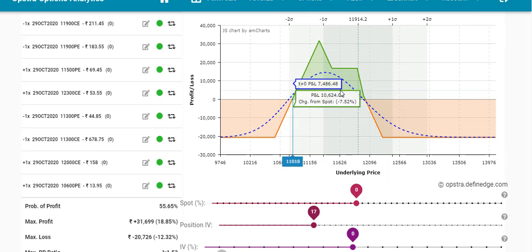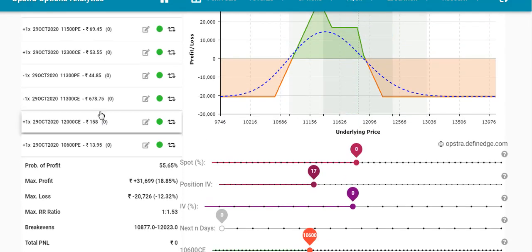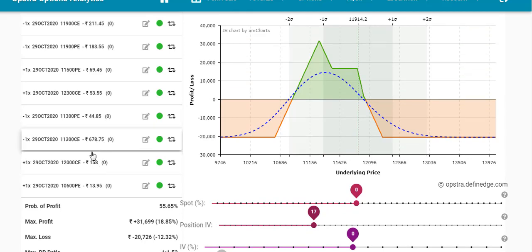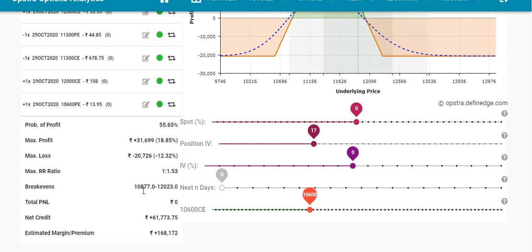So guys, this is how your payoff graph looks, but this is not the correct payoff graph because the premium is totally different. That's why it's showing this. You will get less premium at that time, but you can easily adjust your position to the downsides. Here you can see your break even, before it was around 11,000, somewhere around 600, but it has come down to 10,877. It has come down too much because the premium is too high.